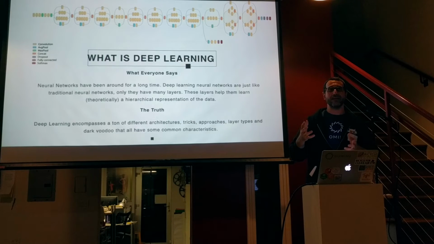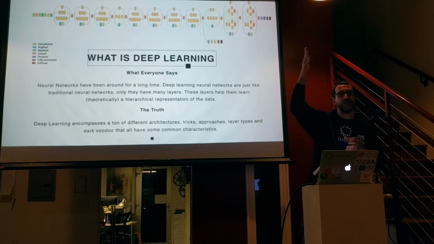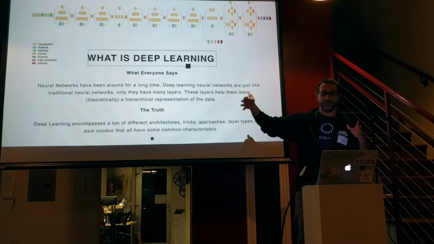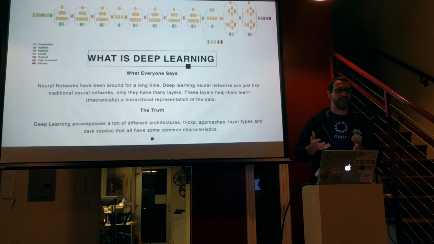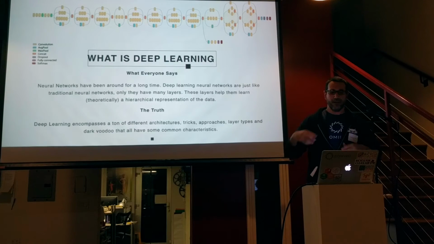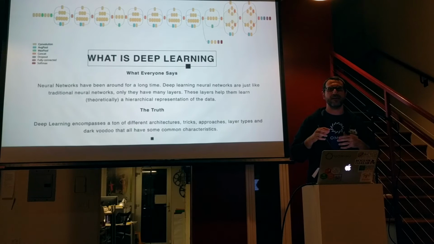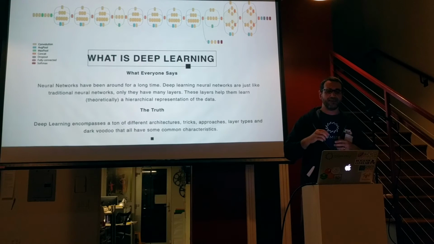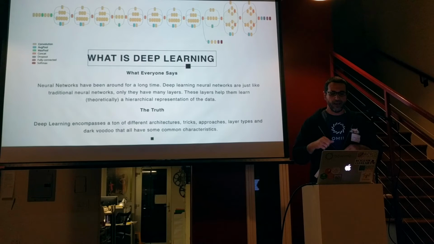A deep learning neural network is the idea that you take these layers of neurons and you just add layers and you make them really, really deep. That's what everybody says a deep learning neural network is. They're like, oh, it's just a multi-layer perceptron that's been made deeper. So that's not true. It's kind of a lie. Deep learning is kind of this marketing term for a series of tips and techniques and tricks and different kinds of architectures and voodoo, lots and lots of voodoo.